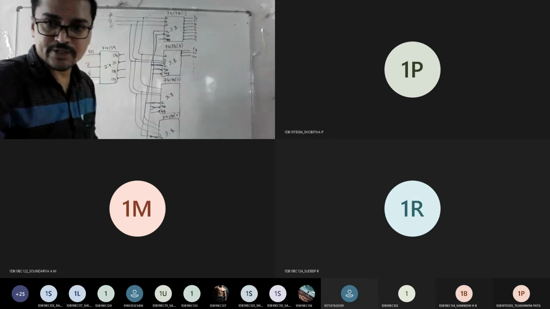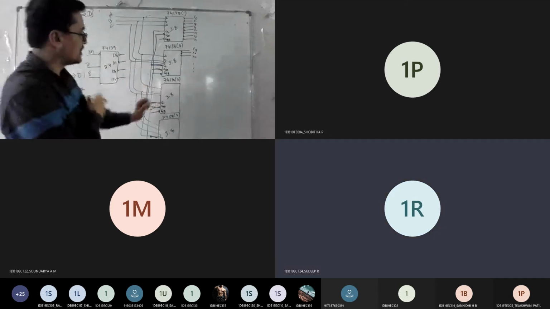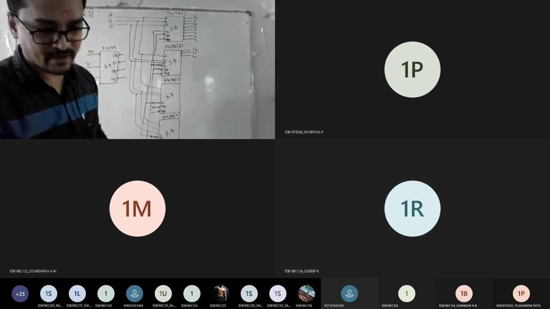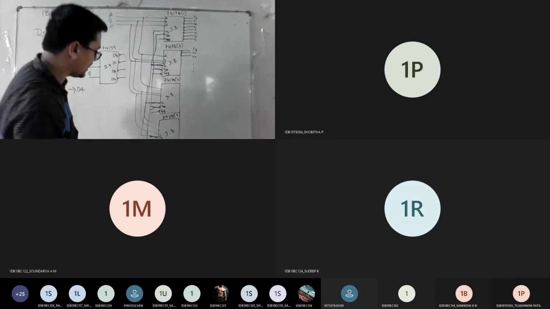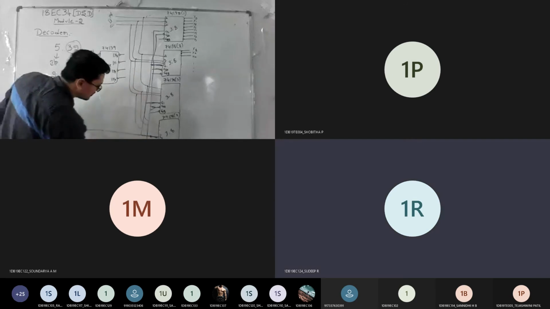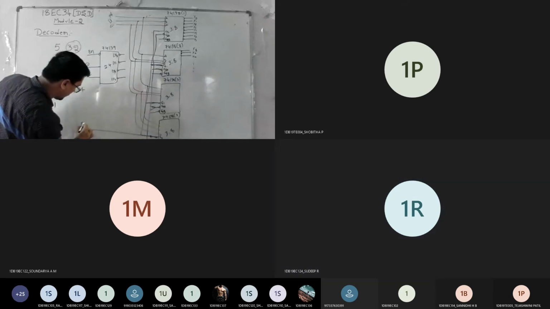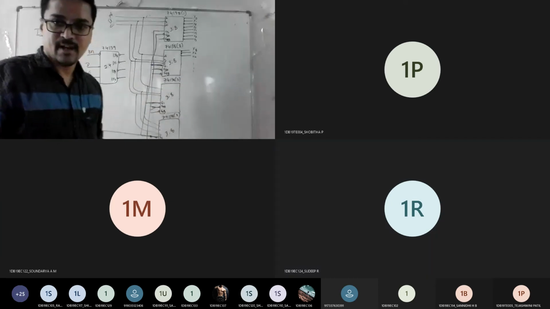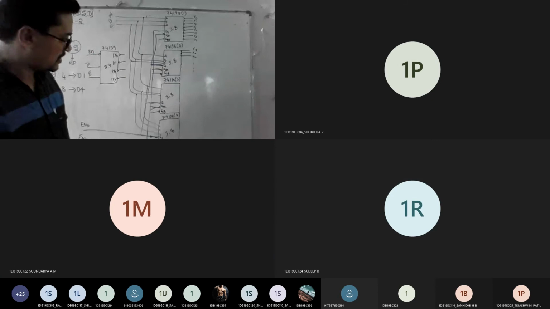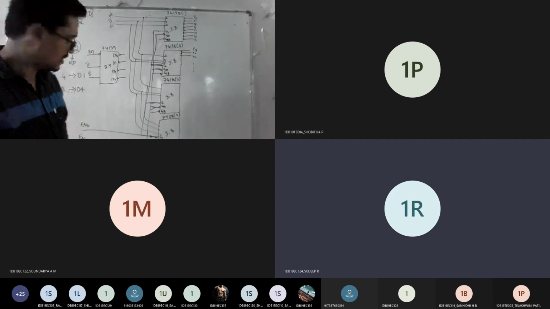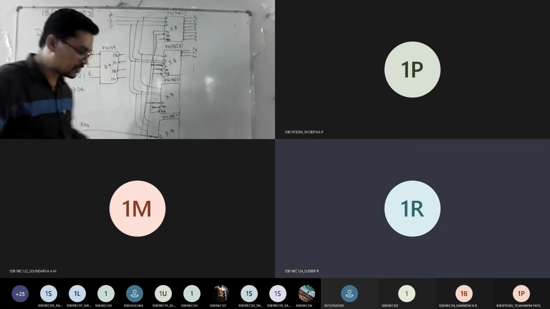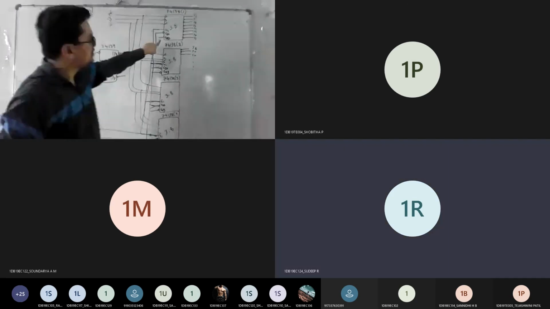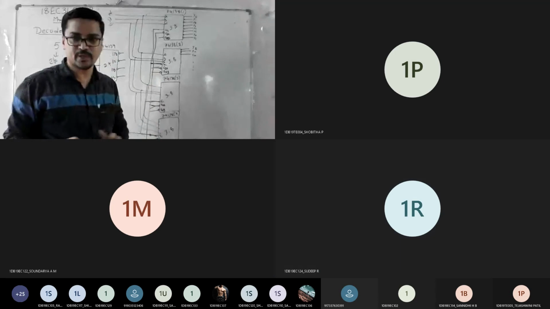Agree, everyone? So what you should do now? Listen carefully. See, G1 and G2A are controlled by your enable pin. So just mark here. G1 and G2 are controlled by your enable 0, enable 1. So I hope you know what is the meaning of enable pin, right? Unless enable pin is active, output won't come out. Correct? So what I told, G1, G2 are controlled by enable pin. Now what is left out? G2B of all.